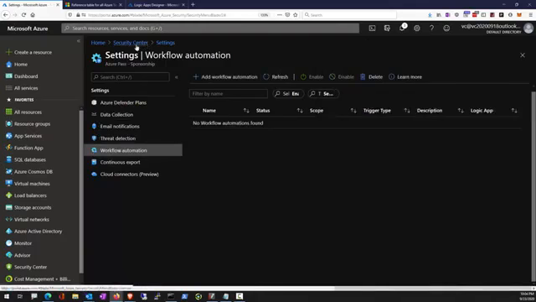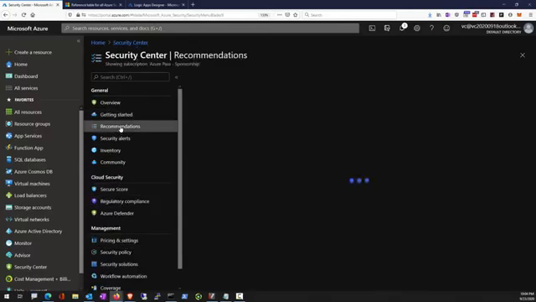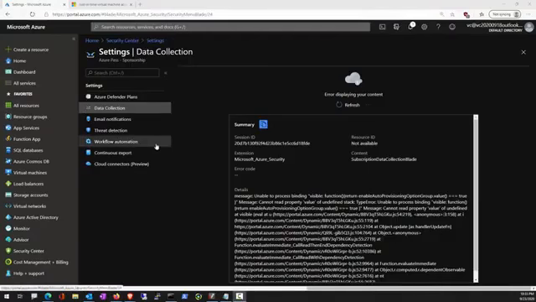All right, so now we're going to head back to the Security Center to see if we have any recommendations. If not, I'm going to have to pause it and wait for a few before we come back here. All right, it's taking a bit long to load. I'm going to go straight to overviews. All right, so I'm going to pause it for a while until the data comes in. All right folks, at the time of this recording, looks like the Azure Security Center is bombing really hard. So I'm not 100% sure I could fix this. I'm going to switch over to another tenant where you can see the Security Center recommendations as well as see